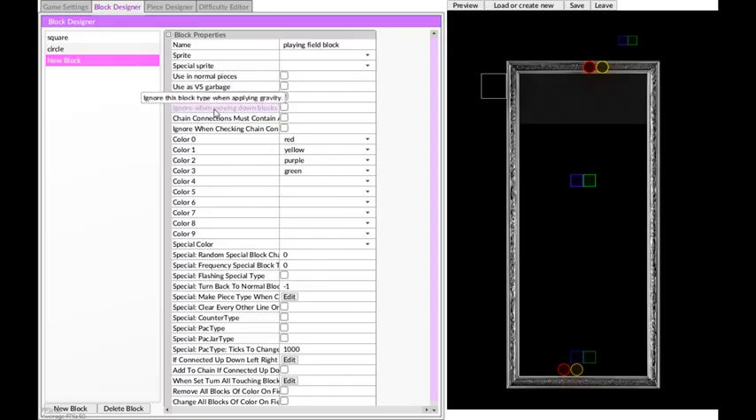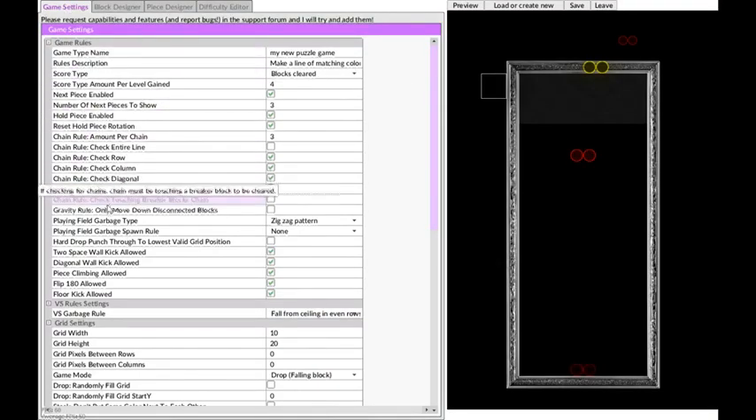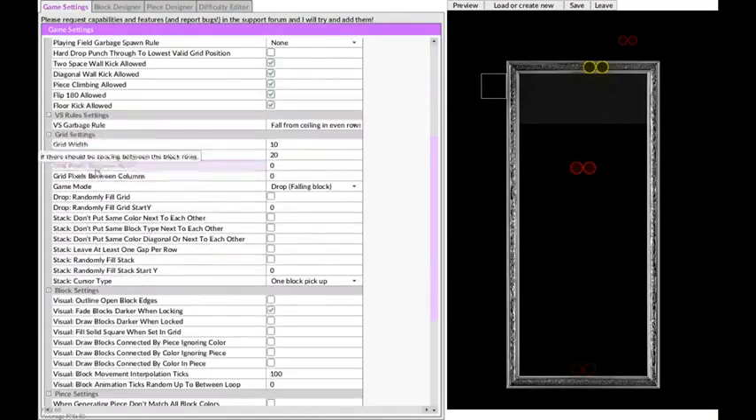And if I want it to fall down, it falls down by default. And I'll show you. First of all, if I click preview, nothing will happen because I'm not using playing field filler yet. So I'll go to game settings, and down here I have drop games. This is a drop type game, and randomly fill the grid. So I'll select this, and you can see that